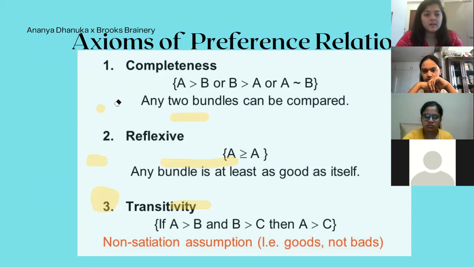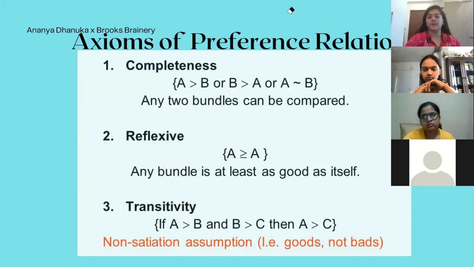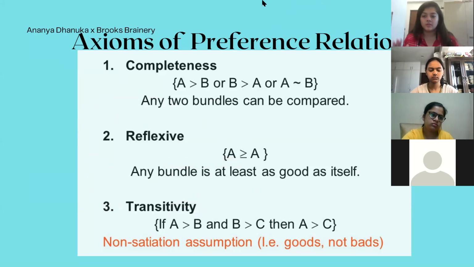Right. Since I started talking about preferences, these are assumptions now. A better word to use, as I've used here, is axioms. So, what are axioms essentially? If I had to give a general definition of axioms, they're basically considered truths. Okay, you assume that they hold no matter what.